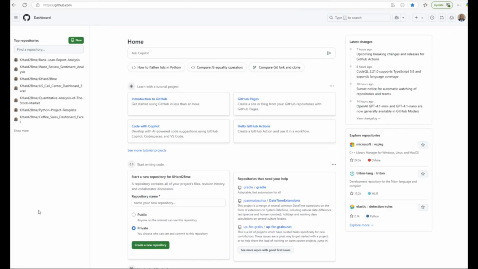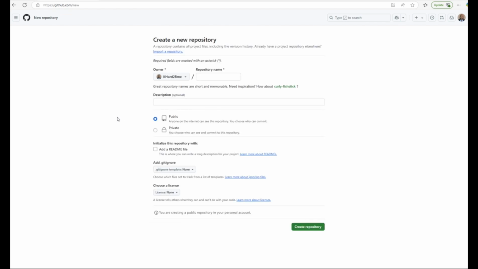Okay, so the first thing we're going to do is go to our GitHub account and create a brand new repository. We're going to create this repository by going to the upper right near the plus drop down, new repository. So we're going to come up with a repository name. I'm going to call this one